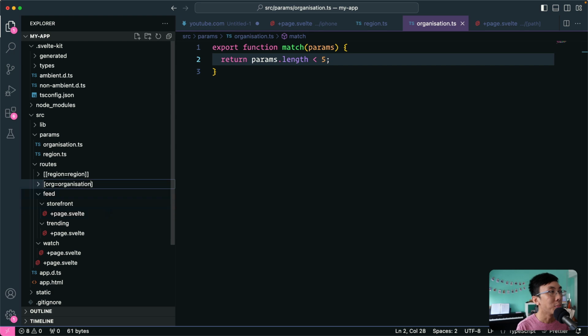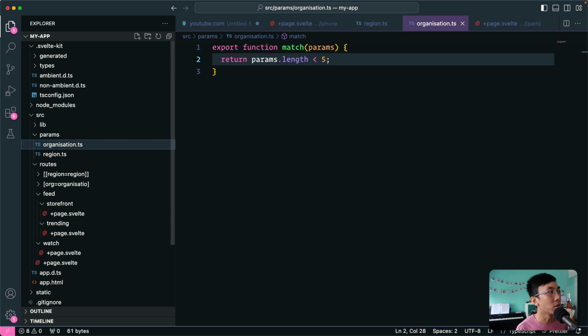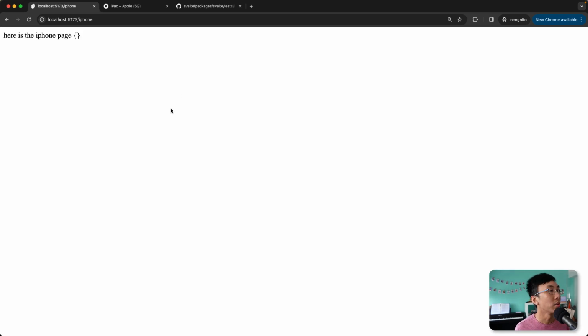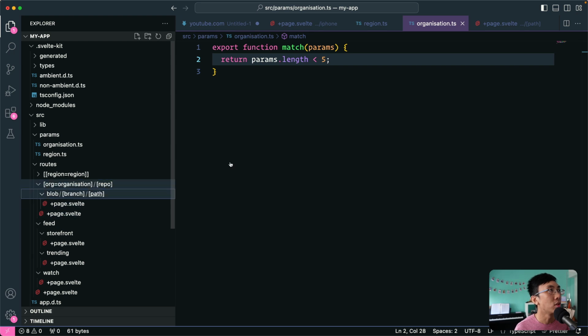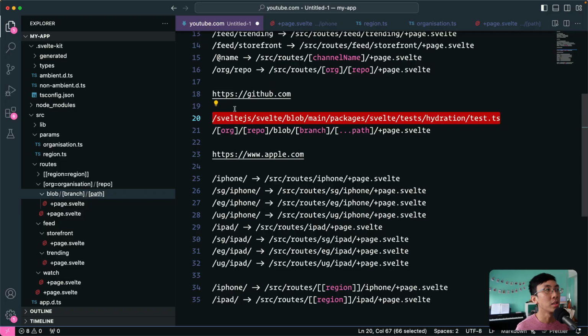If you try to be funny and type something that is not available, you can see when you refresh that it will tell you no matcher found for parameter organization in the routes, because there's no such matcher. The name of this file is called organization with an N. So let's change it back and then refresh. You see that it works now. And so let's try to visit this path. Just now we have, let me see, this route, Svelte.js, let's copy this,